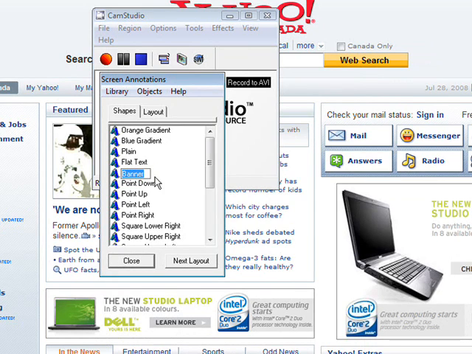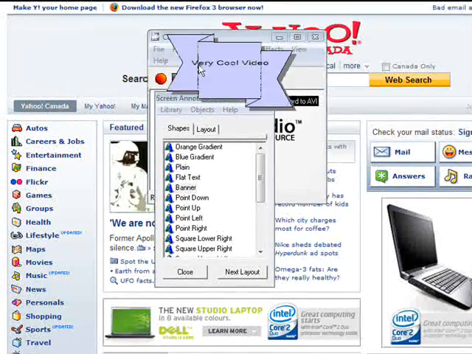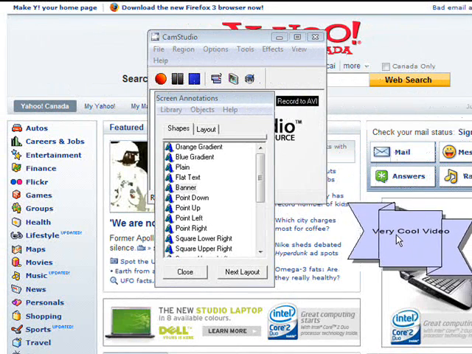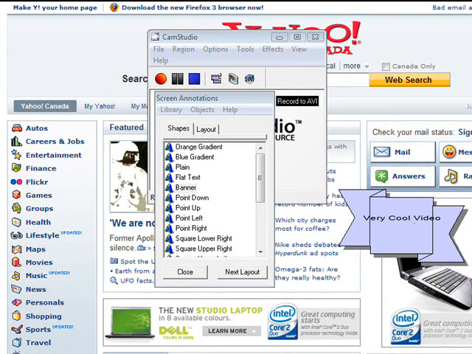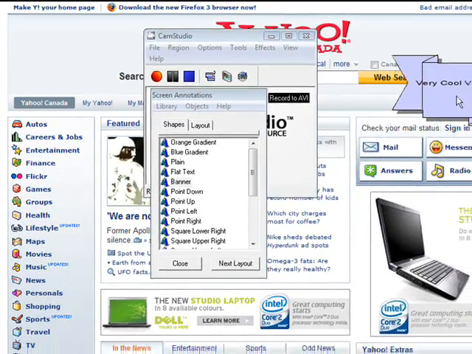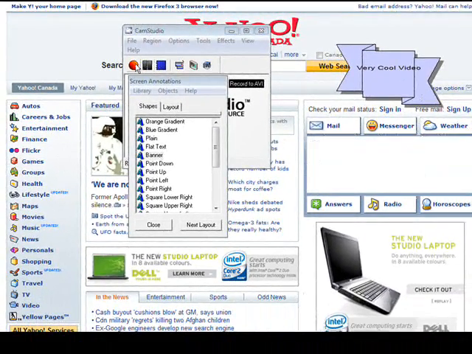Now once we have changed the text that we want there, we just put our left mouse button on it and click on it, hold the mouse button down, and then drag it and plop it onto our video here. And we can put this anywhere we want. And this now acts as a caption for us, and when we record, this is going to appear on our video. So if we were to record now,